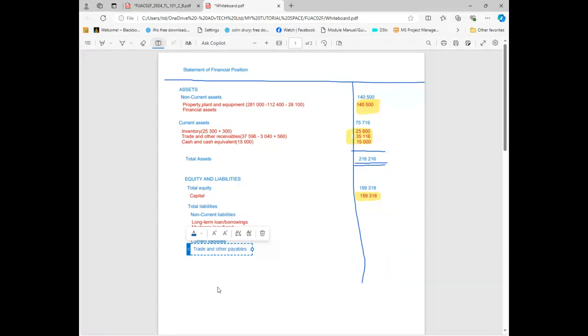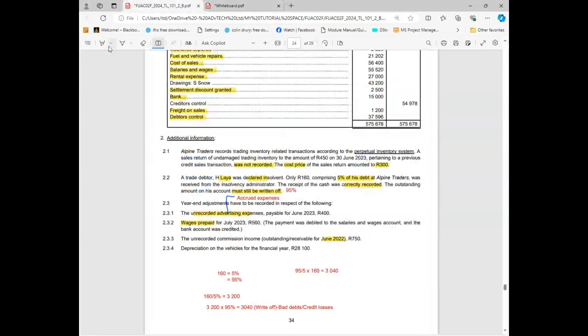Under current, for the trade and other payables. For you to find this amount, remember it falls under current liability. So for you to find the trade and other payables, firstly you must look for creditors control. And secondly, you must look for